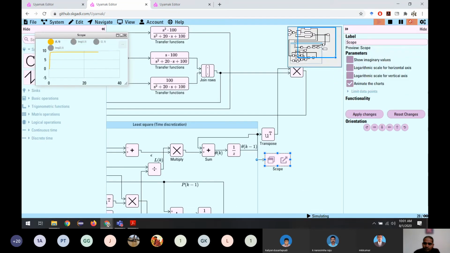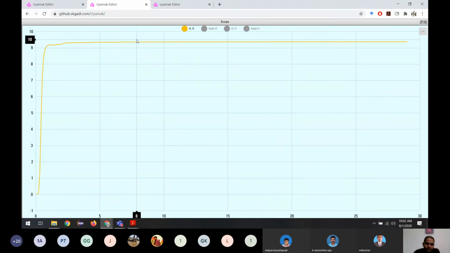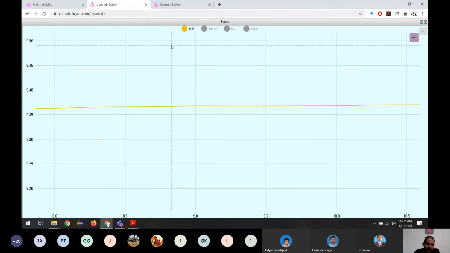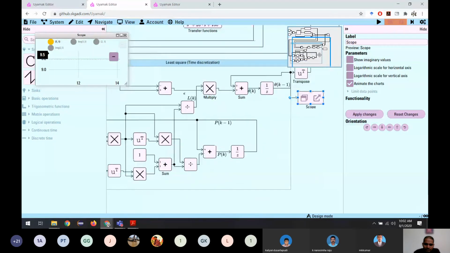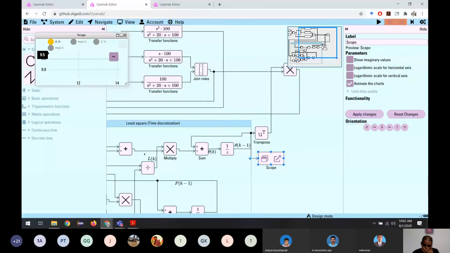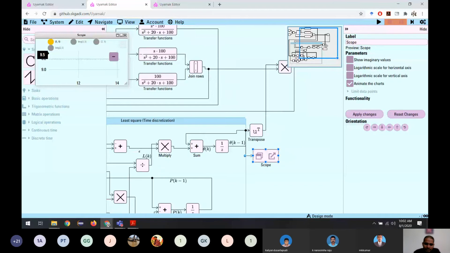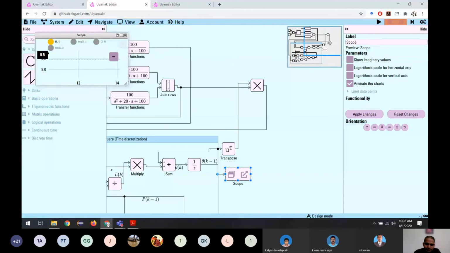not allowed to zoom. Let me stop this. And it is very close to 9.35. It's 9.35, but close to the real value, which is 9.3. And remember, we are using this in a microcontroller without any integration, just by one delay. It's a very simple algorithm. I mean, very simple to implement.